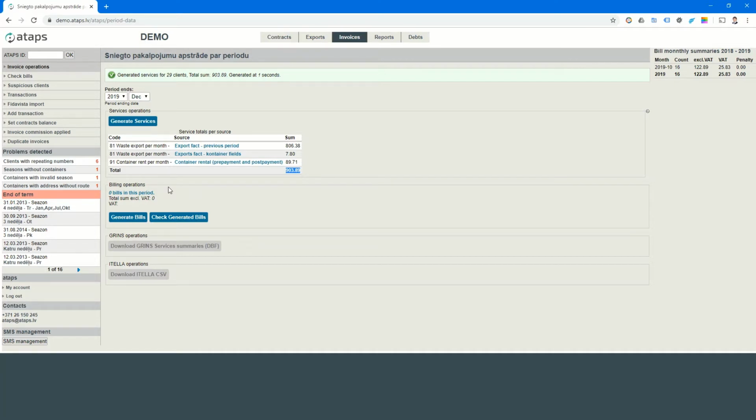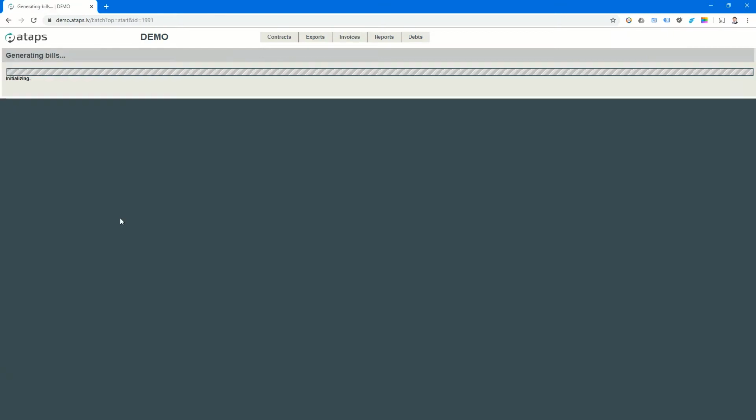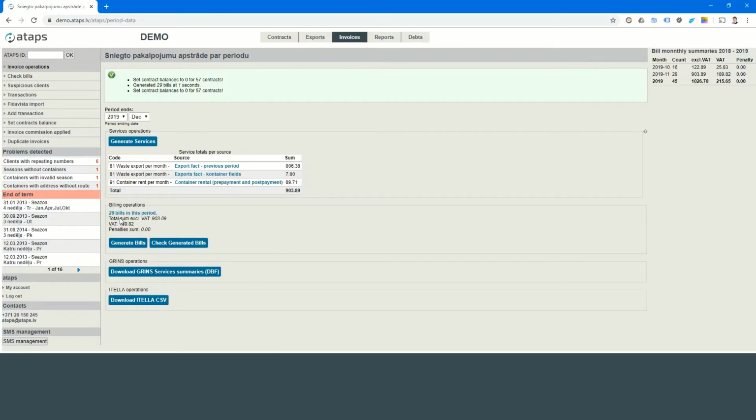When we see this, all the services are collected within their services report, and we can now start to generate the bills, and it's done by clicking the button generate the bills. The process runs quite fast for such a client count, and we have generated 29 bills in this period. We can see the summary, the total excluding VAT